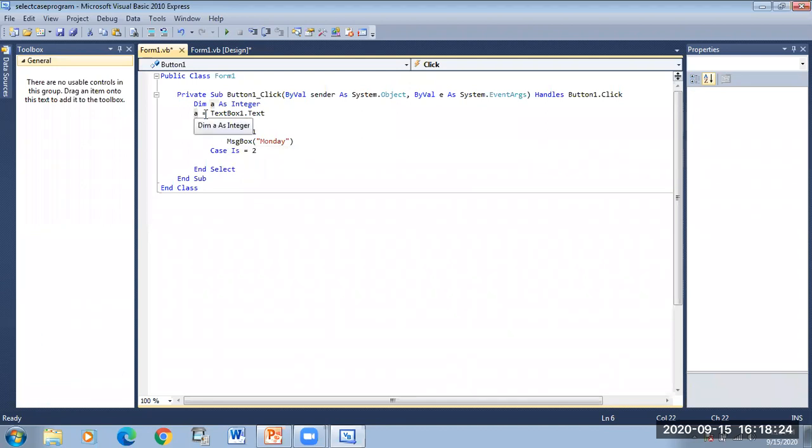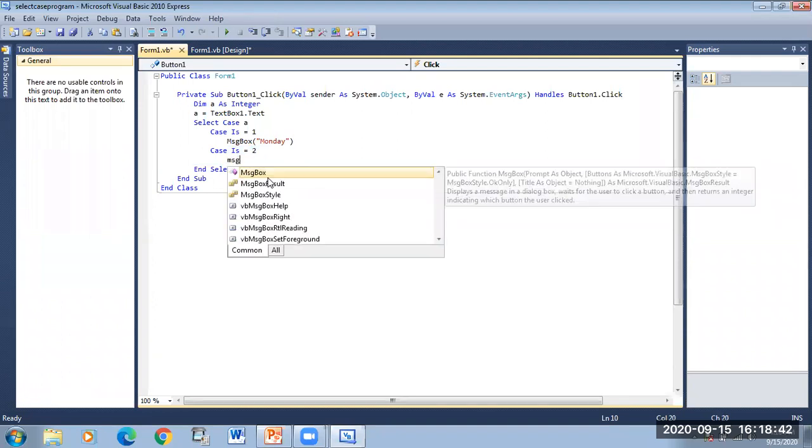When the user enters 1, then case 1 will be executed and the message box will display Monday. When the user enters 2, this case will be executed, and the message box will display